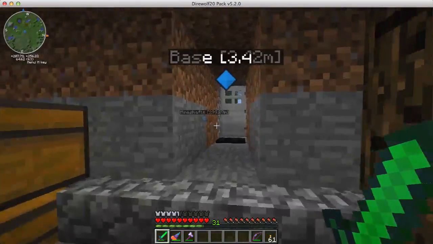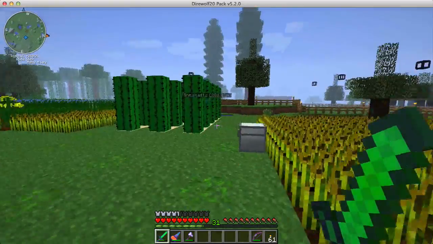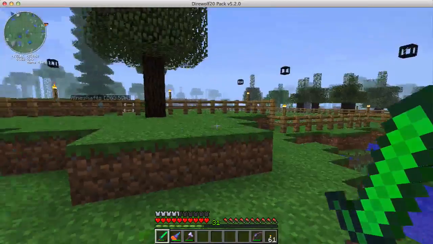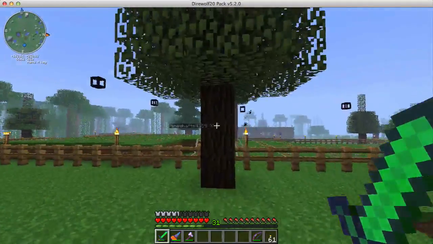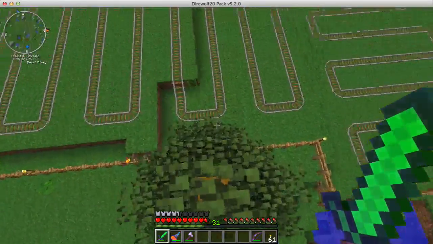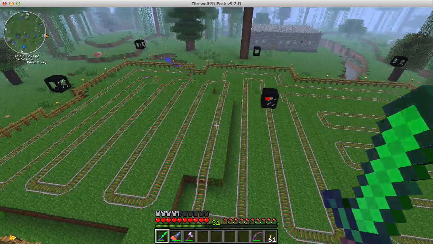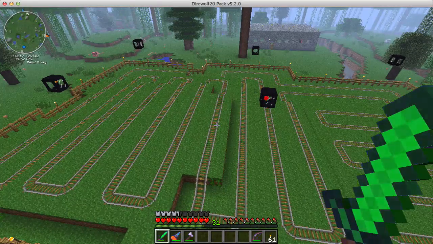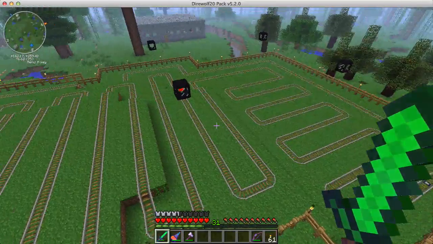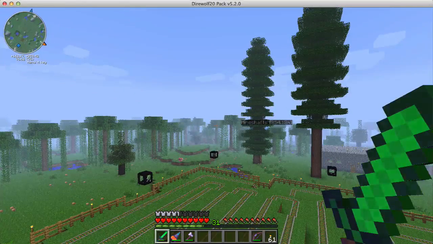Direwolf 20's mod pack. Let's see, in my last episode, I explored some abandoned mine shafts in order to acquire track, and then started laying out this setup here. And I said at the beginning of this episode, I would show you what I came up with. So here it is. In fact, I went over to the other set of abandoned mine shafts that are